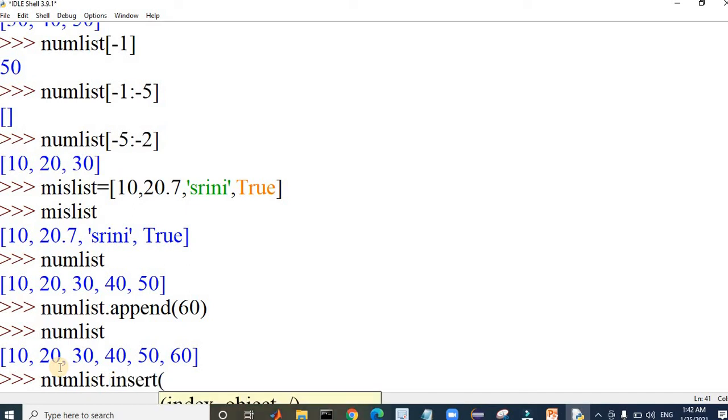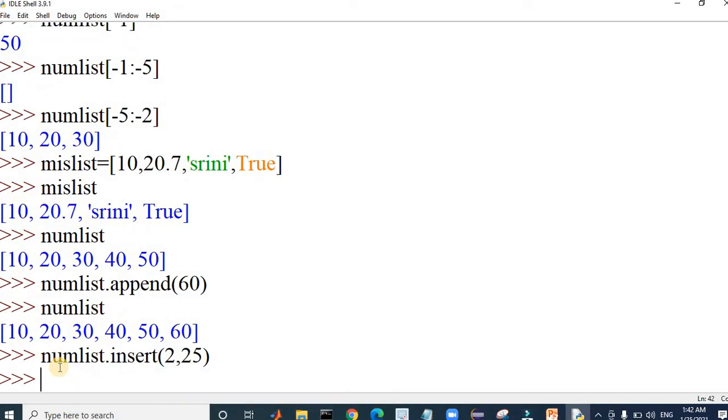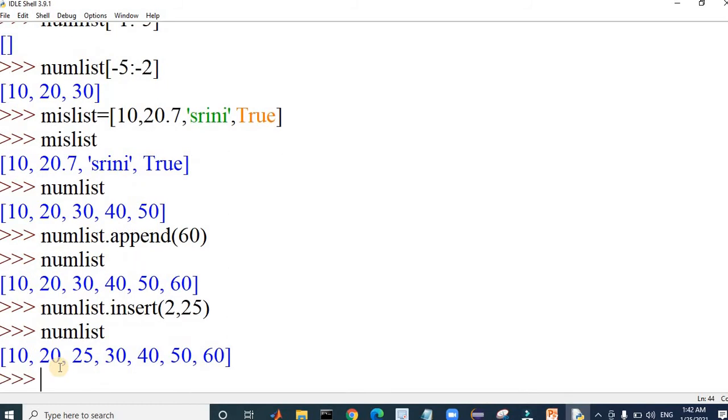Say I would like to add at the third index, between 2, and I am adding a number as 25. Now if we print the numList, we see that at the index 2 the new number 25 is inserted. So this is how we can work with numList to perform different operations.